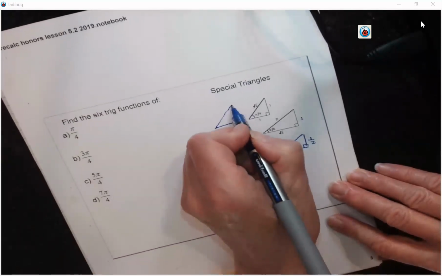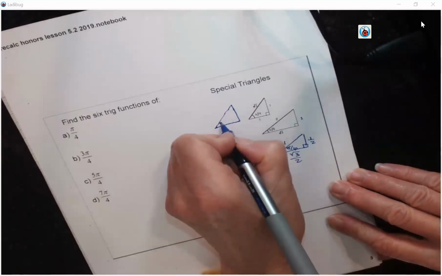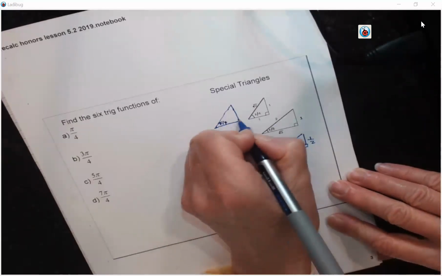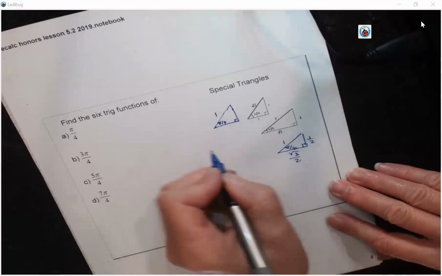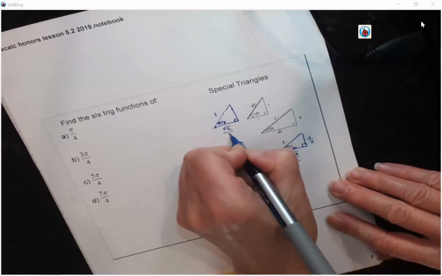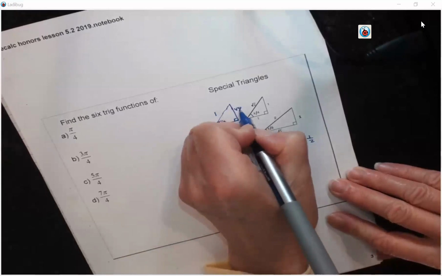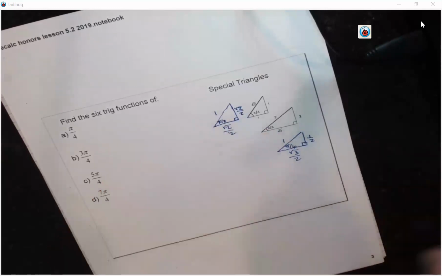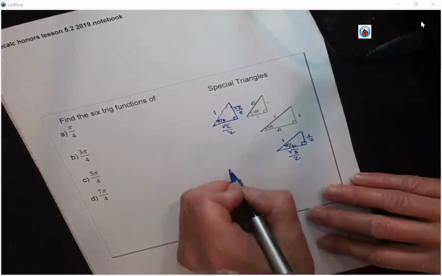If you have a 45, 45, 90 triangle, or pi over 4, pi over 4, pi over 2, and you want the hypotenuse to be 1, then the two legs are root 2 over 2. Whichever way you remember those is going to be helpful. If we look at pi over 4,